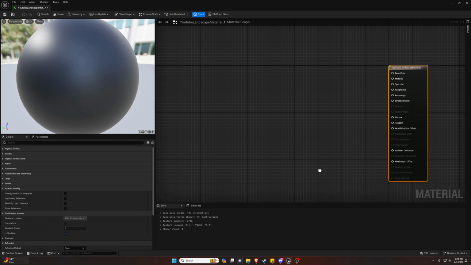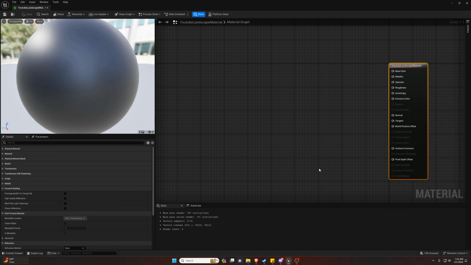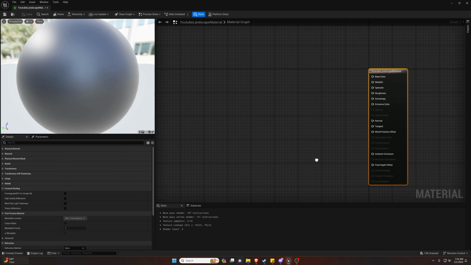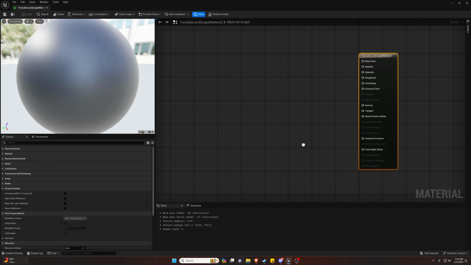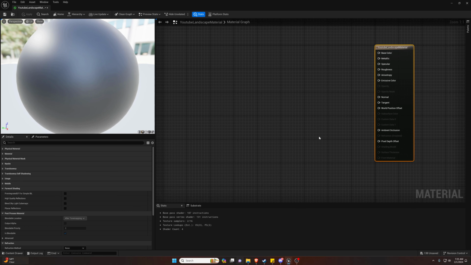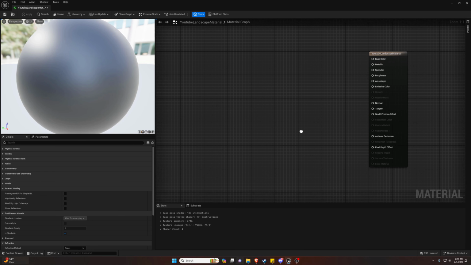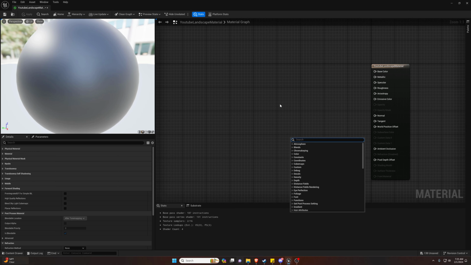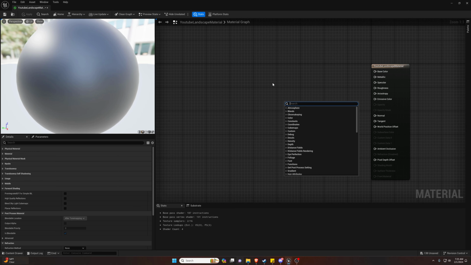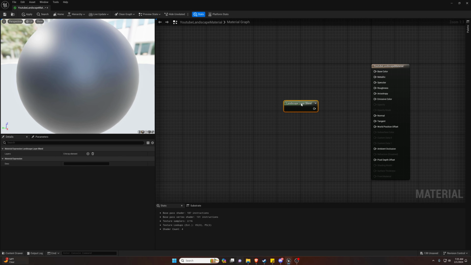Now we looked at the screen a little bit before with just looking at materials for our first look, and we're going to continue in that complexity a little bit today with making a decent landscape material. So the first thing we are going to want to do is right click and type landscape, and we're going to grab this landscape layer blend. We're going to add 2